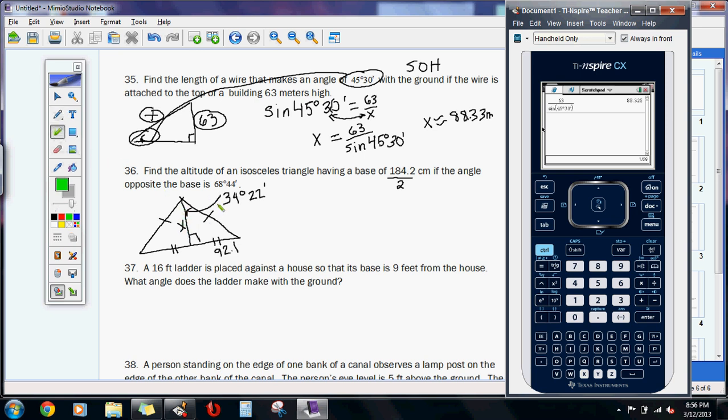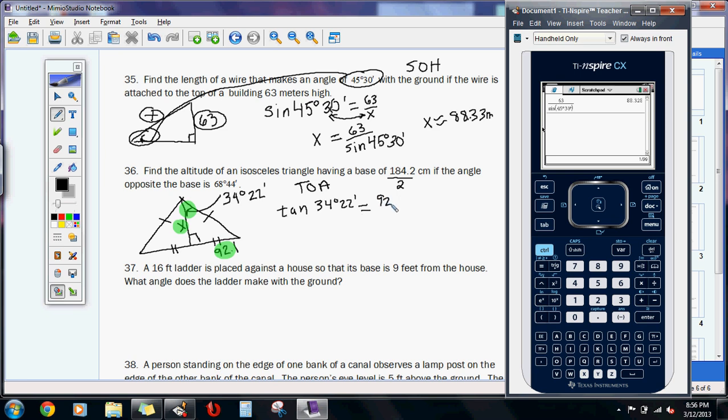We have this angle here, the opposite to that angle, and then over here would be the adjacent to that angle. So we're hopefully starting to learn that that would be opposite over adjacent, so that's the tangent function. So tangent of 34 degrees 22 minutes is equal to